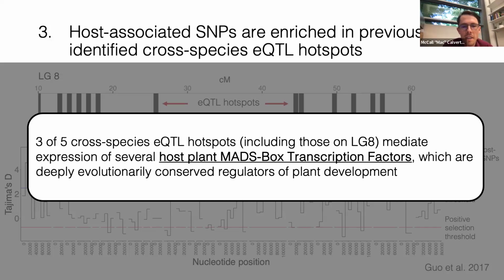And when I saw this result, I thought it was really fascinating because to me, it suggested potentially, or one idea is just that maybe one thing that supports the maintenance of a generalist phenotype is the ability to manipulate genes that are found across several potential host taxa.